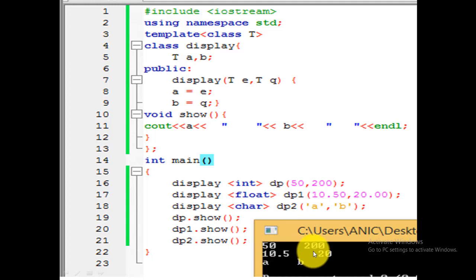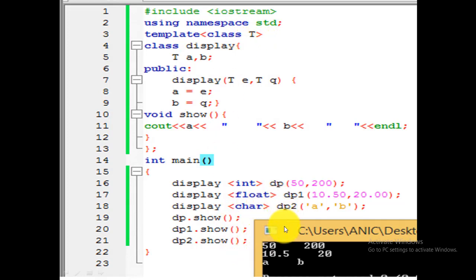It will show on the screen. When we created the second object, dp1, the data type is float. So when we call dp1.show, then T, that is a placeholder, will override int with float. It will store the data type float here.